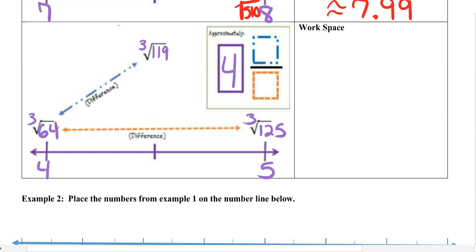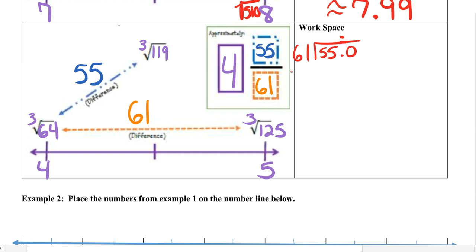So 119, take away 64. What's the difference between 119 and 64? That is 55. And then the difference between 125 and 64, that gives us 61. So our approximate value would be 4 and 55 61sts. So then if we go ahead and do that division, so 55 divided by 61,